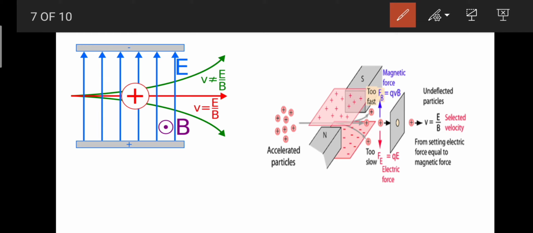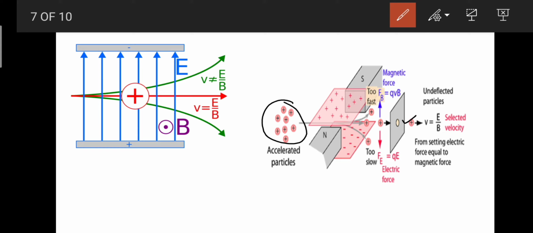there is magnetic field provided in the negative z direction, and the direction of electric field is in the downside, that is towards the negative y axis, and all of the electrons or any charged particles will move ahead in the forward direction, and if FB and FE are balanced, they will move straight towards this target, and this will be achieved only because of the balancing of E and B, and this would be the selected velocity, right?